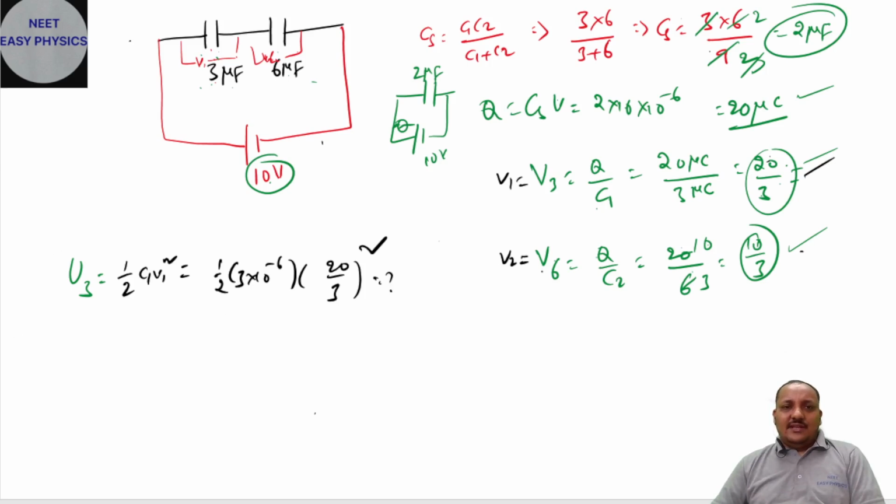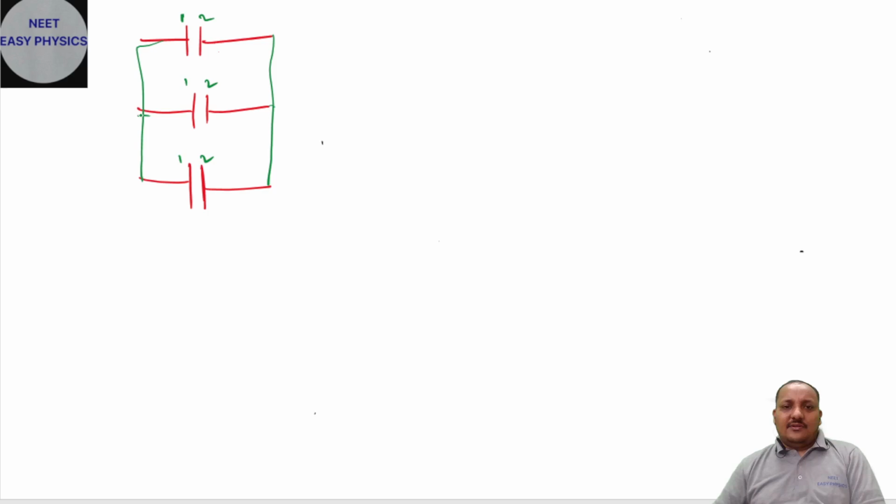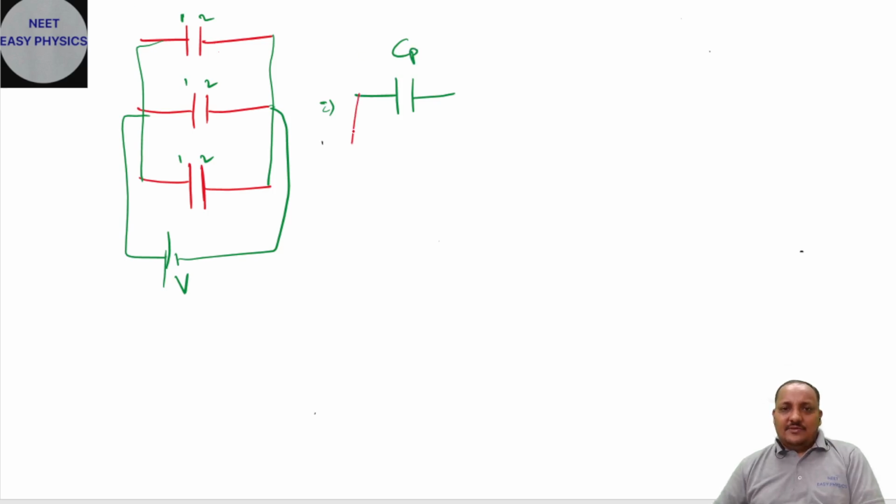Okay. Now we'll see capacitors connected in parallel. Capacitors in parallel means all first plates, this is 1, 2, 1, 2, 1, 2, all first plates are connected to one point and all second ends are connected to another point. So this combination we call a parallel combination. The effective capacitance, they are going to write as Cp. Cp is going to be